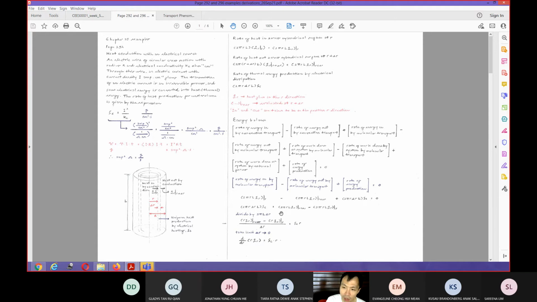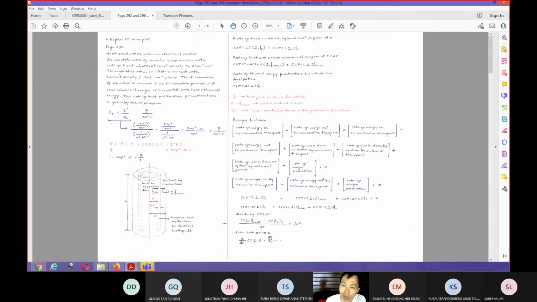Note that in here you cannot separate this R term from the QR, because this QR is dependent on R. So if you just divide it, if you take out this thing, then you will not get the correct equation. So even if you can take out this 2 pi and L by dividing them out, this R with QR is an integral term, because this QR depends on the R. So you have to lump them together in here.